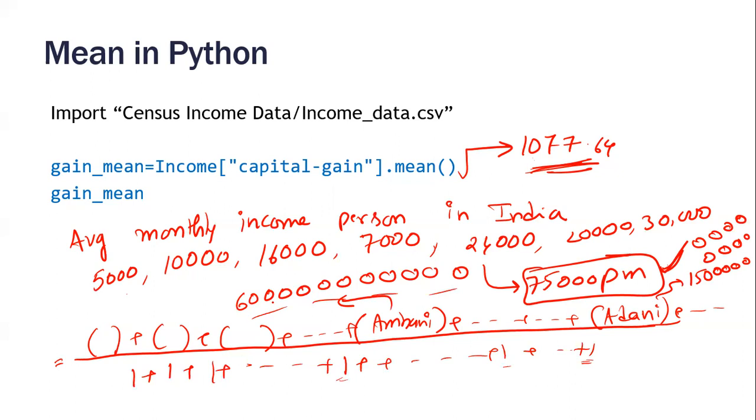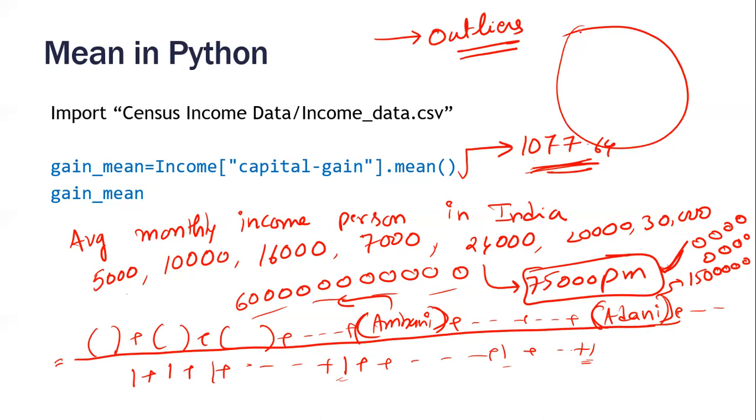In real data sets, there will always be some points like this, which are very different from the rest of the points. You know what they are called? Outliers. What are outliers? There are some points in the data that are very, very different from the rest of the values. The whole rest of the data, 95% of the data stays here. This data stays very far away from them.